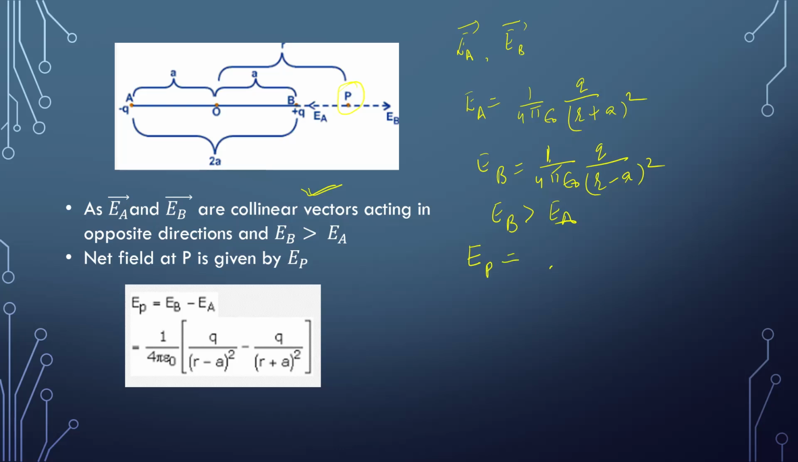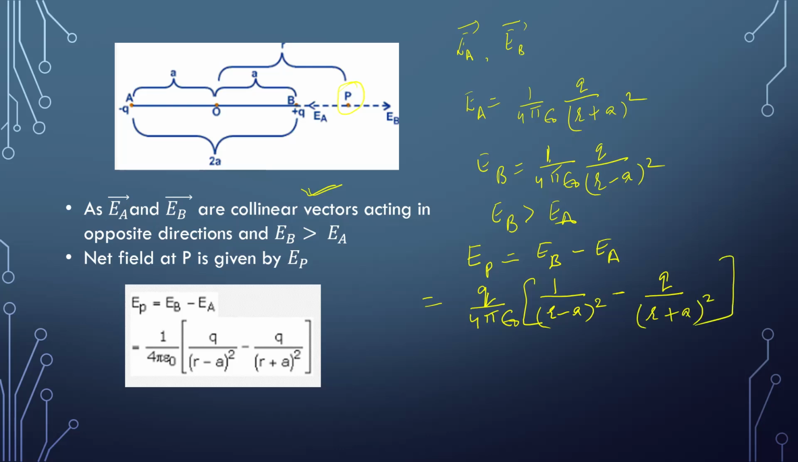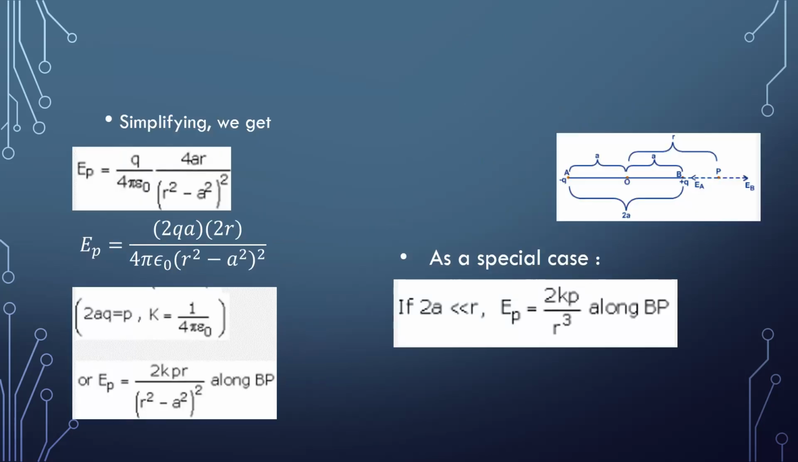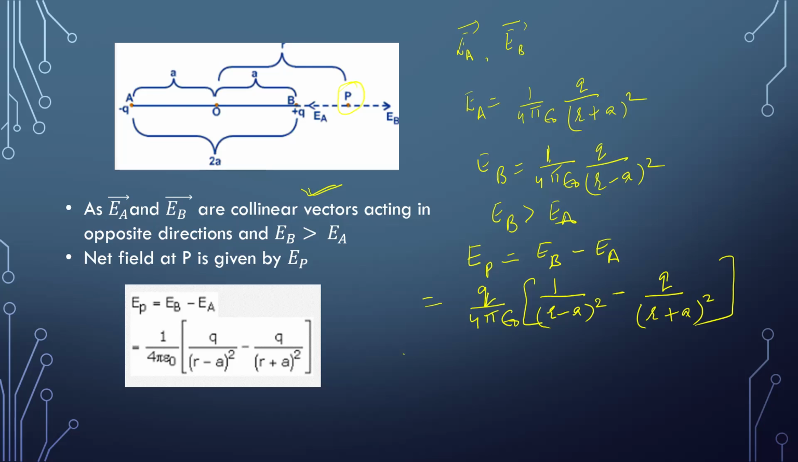The net field at this point P we have to find out. Let us denote it by E or EP, that is equal to EB minus EA, and that is equal to 1 upon 4 pi epsilon naught Q upon (R minus A) whole square, taking Q upon 4 pi epsilon naught outside, minus Q upon (R plus A) whole square. This we have written down, and after solving it,